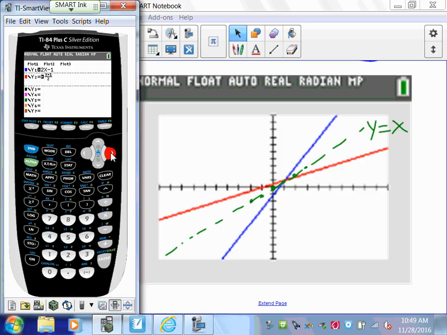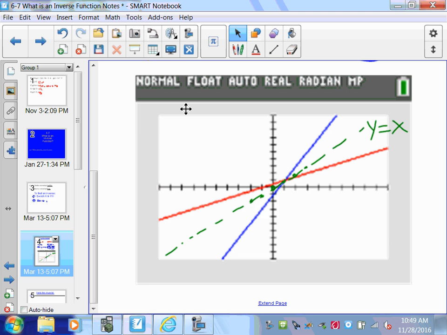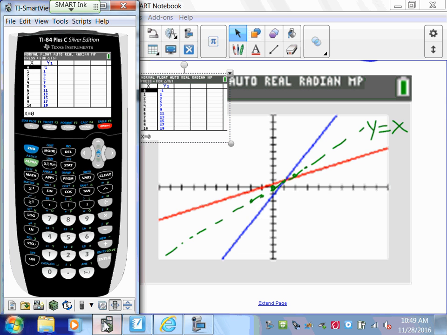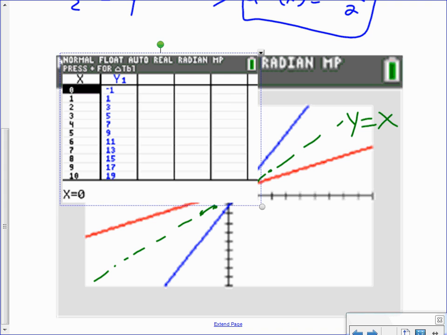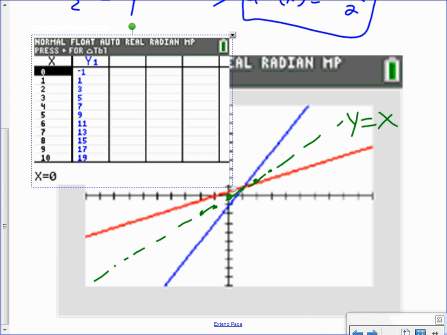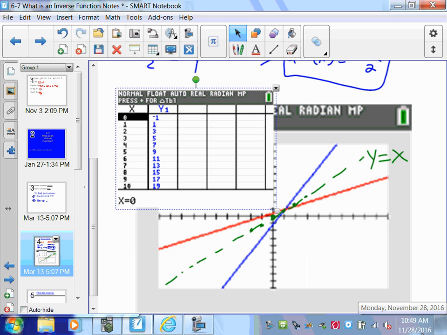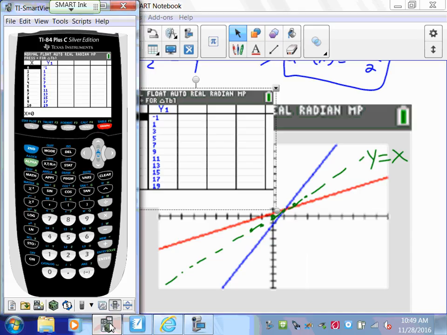Yeah, okay. So let me show you the table for the first one. If you see the table for this first one, let me drag it over here. Oh, no, that didn't work. Oh, yeah, there you go. So here's the table for the first equation right there, and comparing that to the table of the second equation, so